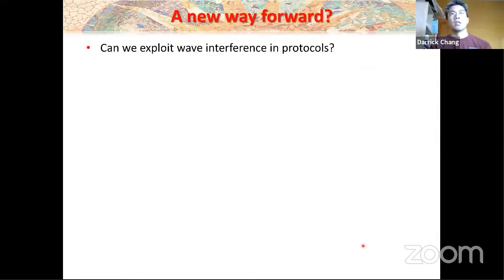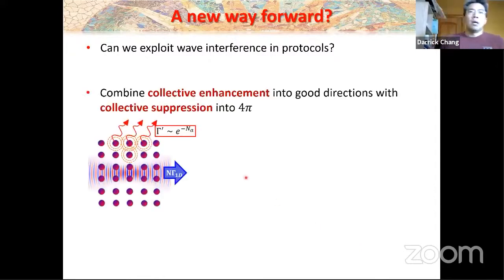So then one question one can ask is, if these error limits for applications are based on models that don't include wave interference, can we somehow build wave interference into our models and exploit it to do protocols in a more robust fashion? And one possible idea that one can try to exploit is, if I